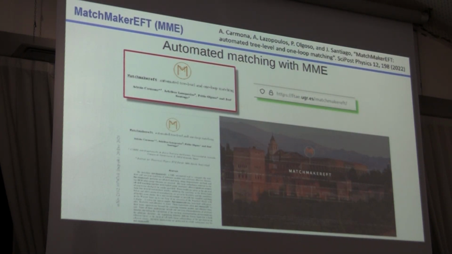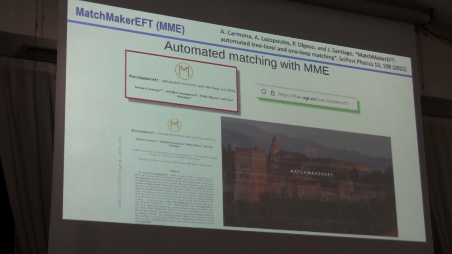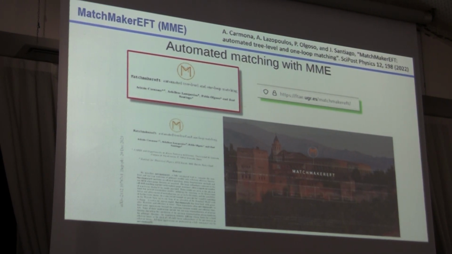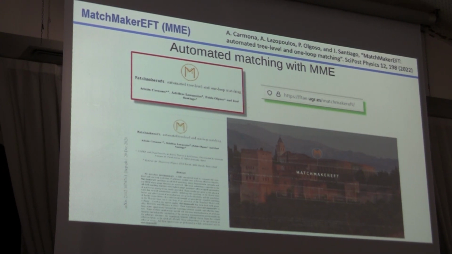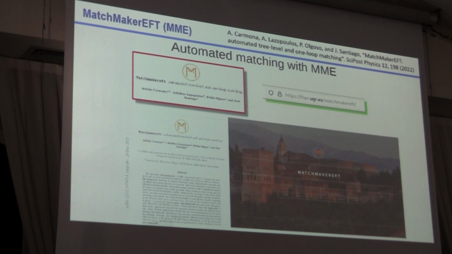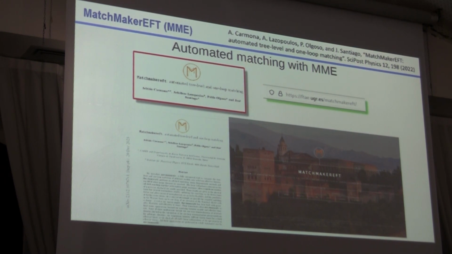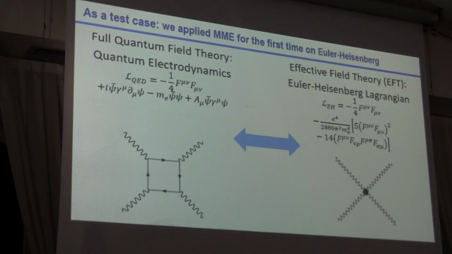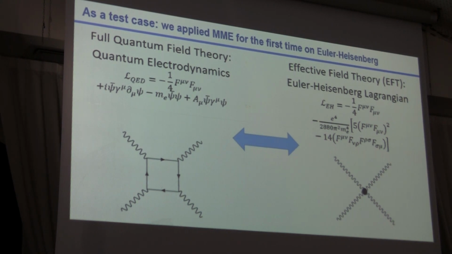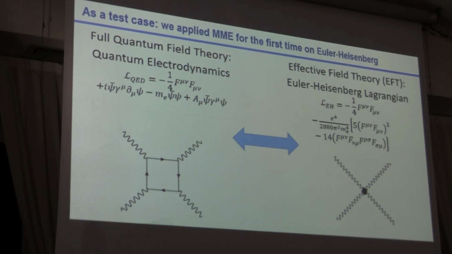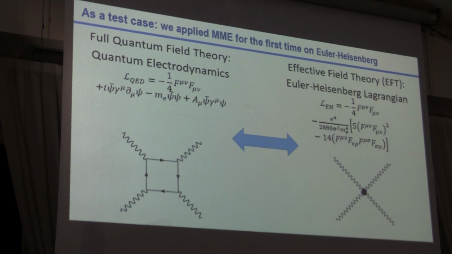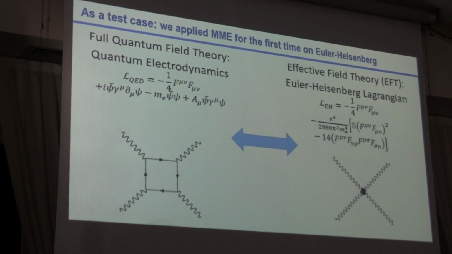And something about Matchmaker EFT, you can look it up online, but it's a really fun tool to download and play with. It doesn't have the most friendly interface, let's say. We can show more on this, but it's relatively friendly to use, and Alan can tell you more. But with not immense efforts, we managed to apply it to the Heisenberg-Euler Lagrangian, which they hadn't tried to do before. And for us, it was a good sanity check for the kind of ideas we were pursuing.